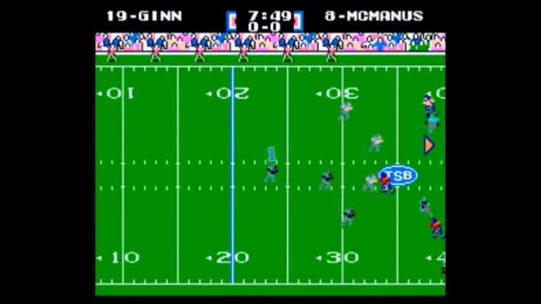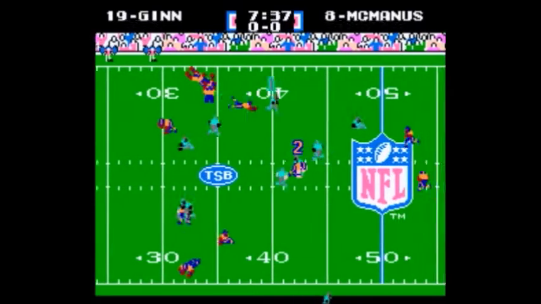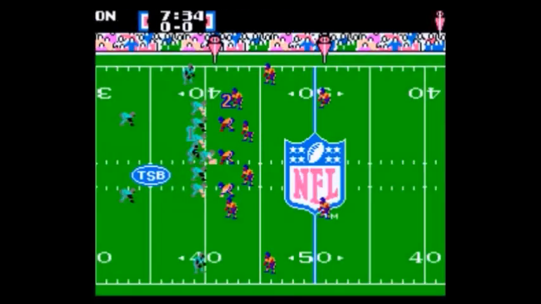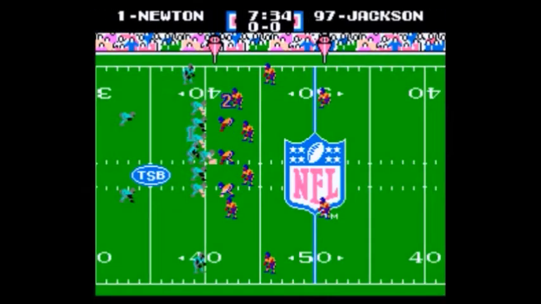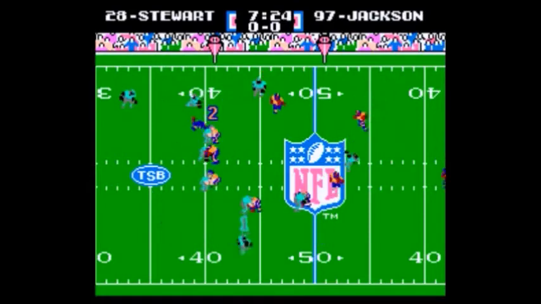Yep, McManus set to kick it off there to Ted Ginn, and Ted Ginn doing his thing, taking the ball out to the 40-yard line there, and we're all set in Super Bowl action here in San Francisco. Very excited to be here. Very good stuff. I hope we don't have an earthquake here tonight, but let's see how we do.